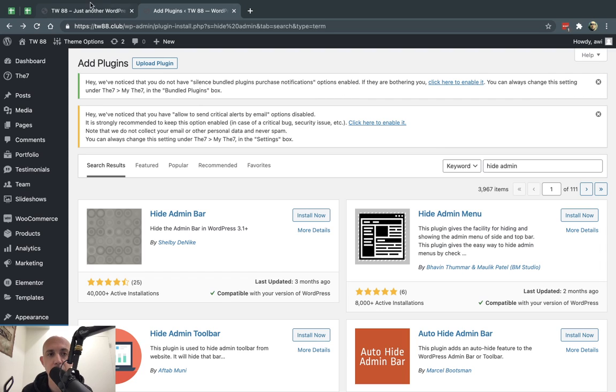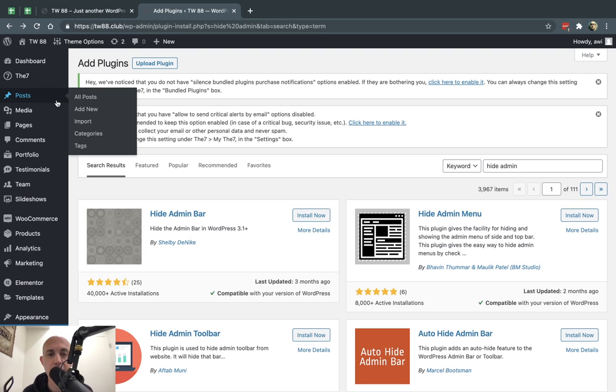So as you can see in this test site that we have here for the video, this is the login, this is the backend to your WordPress. Anyone who can log in successfully to this backend can change all of your content. They can delete things, they can do whatever they want. They can put code, malicious code, they can change things for their own benefit. So as a rule, obviously you don't want anybody that's not authorized to access this.